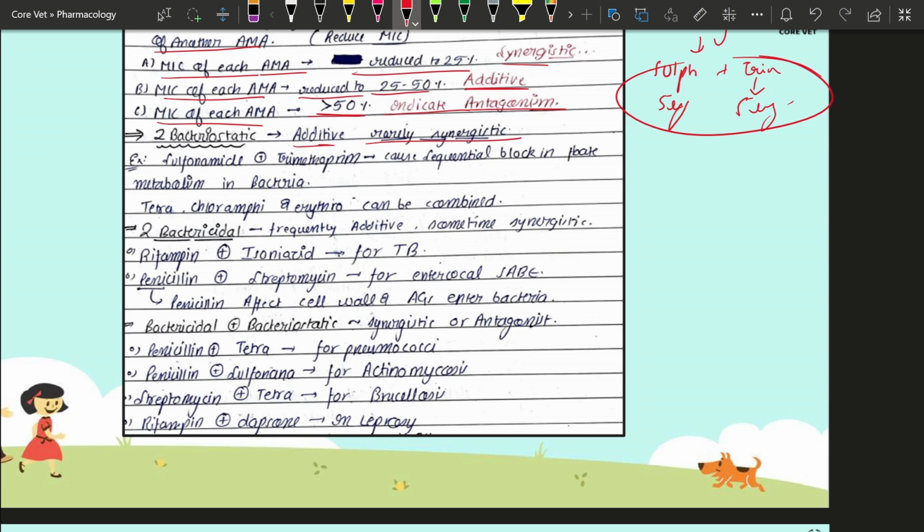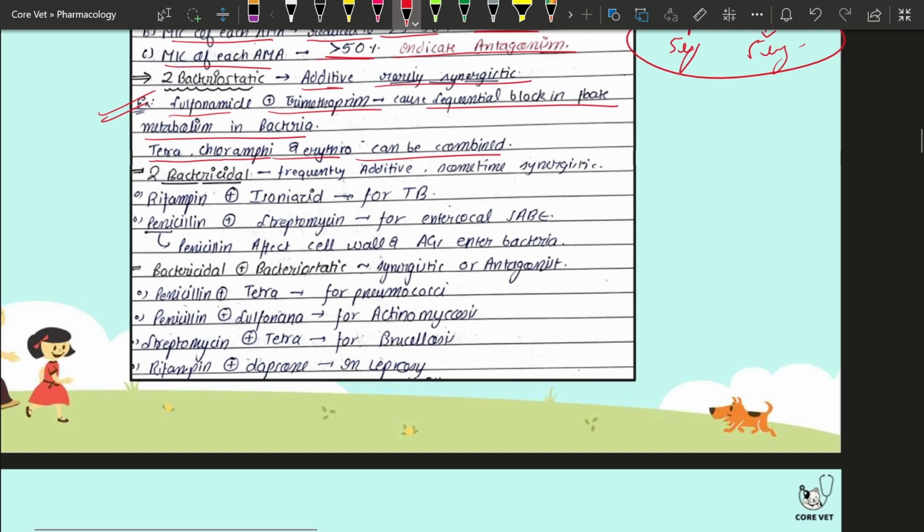the additive effect could be shown, and really a synergistic effect we could observe. Likewise, the example of the sulfonamide and the trimethoprim, which cause a sequential blockade in the folate metabolism or the folic acid synthesis in the bacteria, right? Tetracycline, chloramphenicol, and erythromycin could be combined together, right? Now, when you combine two bactericidal drugs, then they could be frequently additive and sometimes